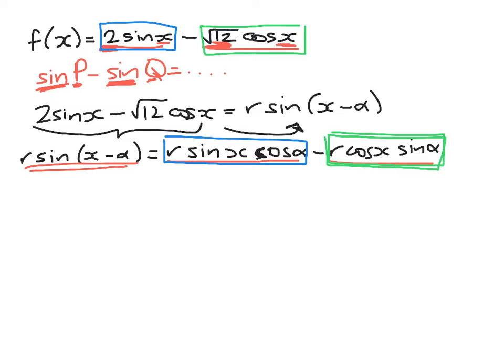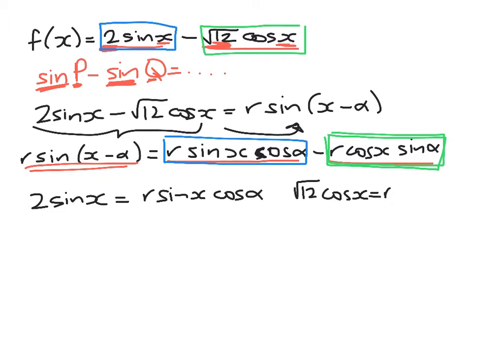So we'll write each of those things out now. 2 sine x is equal to r sine x cos alpha, and root 12 cos x is equal to r cos x, and I'm running out of space, sine alpha. So we can work with those 2 equations separately. What does that give me here? Well, I've got 2 is equal to r cos alpha,